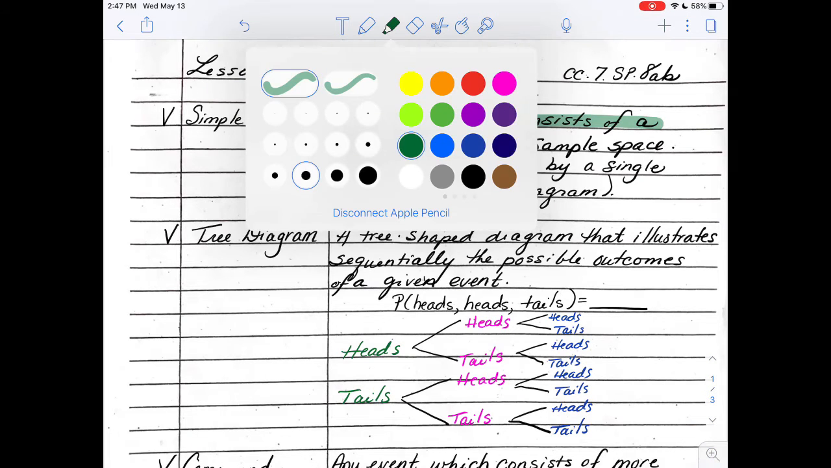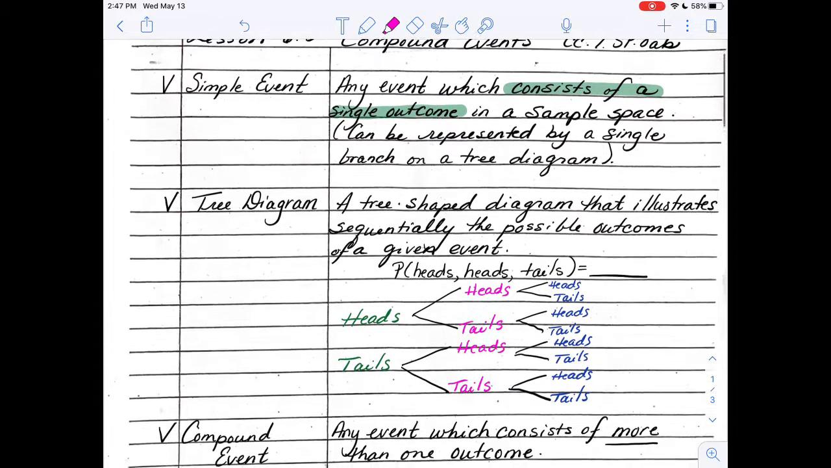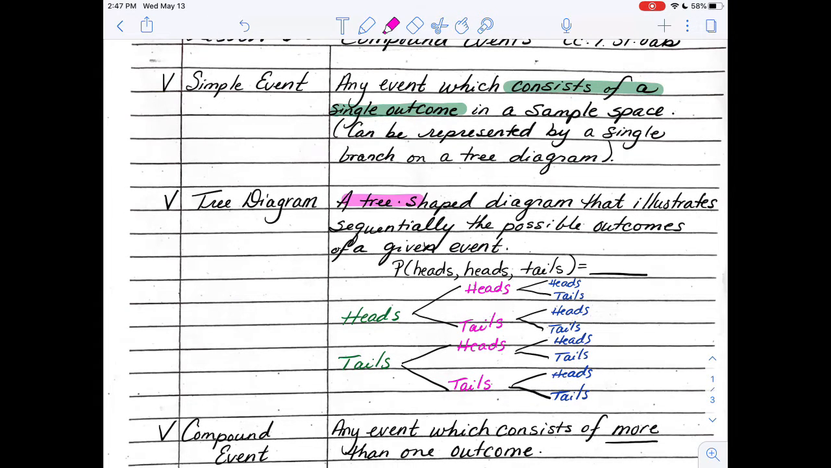Now, that brings me to our next one, which is a tree diagram. And it really is a tree-shaped diagram, and it actually shows the sequential possibilities of the outcomes of a given event. So it shows you every single possibility. So I'm giving you a question here of what's the probability that I get a heads, and then a tails if I flip a coin. So if I flip this coin 3 times, what's the chance I'm going to get a heads,